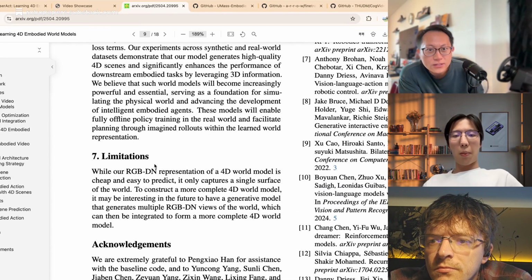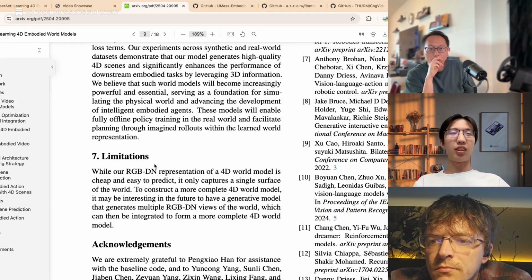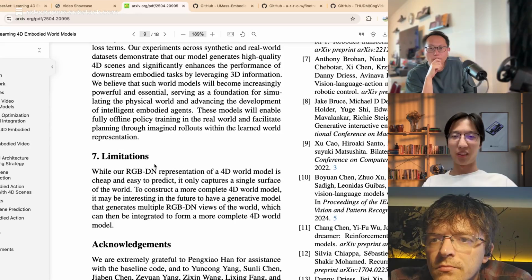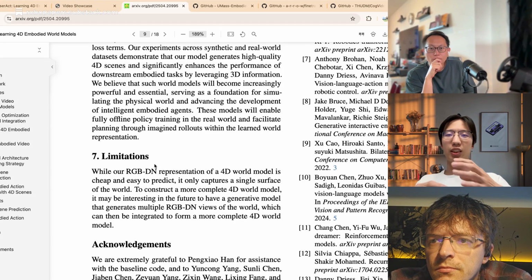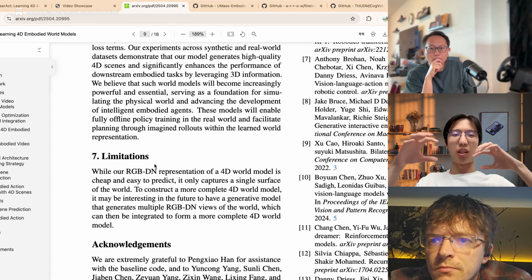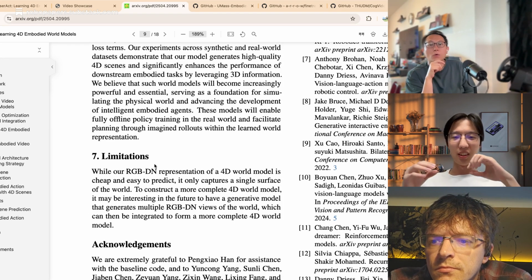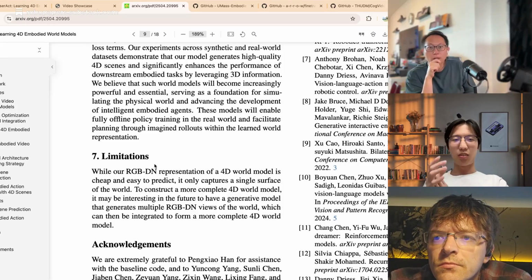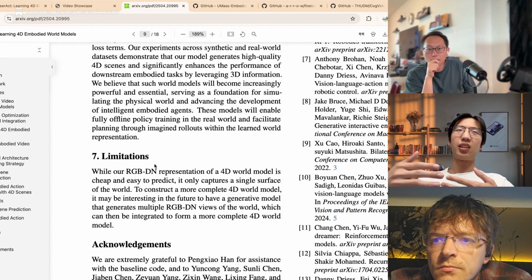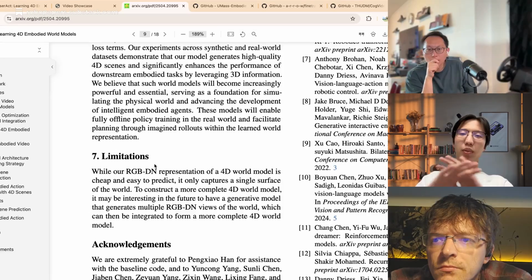Yeah, single surface. So the limitation now is that our model only predicts single view videos. But if you want to reconstruct a 4D scene, you may need multi-view information. So for now, we can only get the depth map and the normal map from a single view.